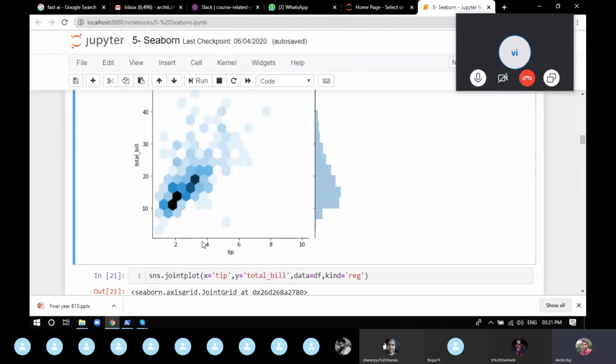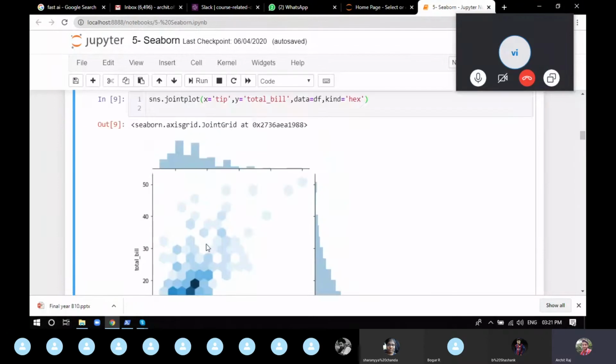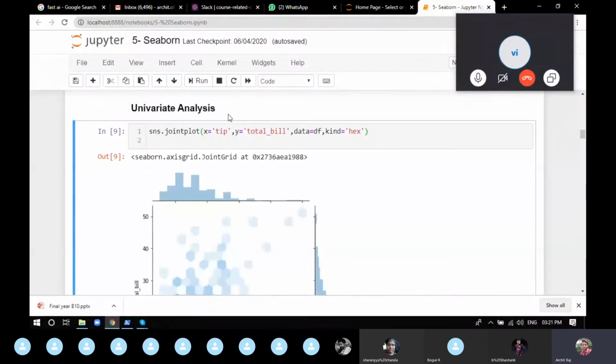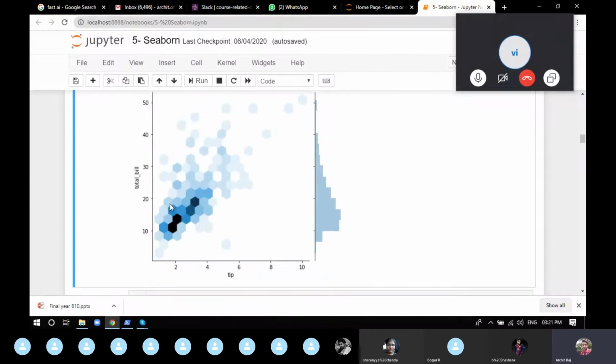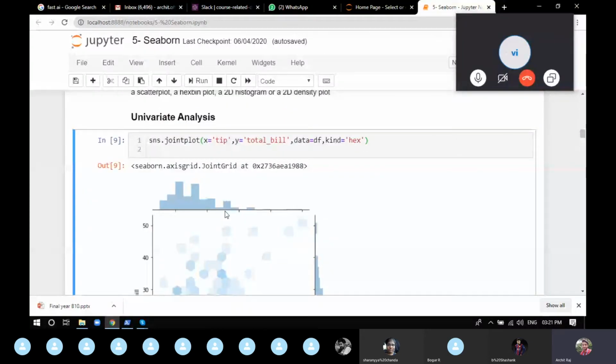Now joint plot also gives an additional advantage: it shows you the histogram of the data. You can see the histogram of the data is always present here. Tip has this particular axis, so the opposite of that will be a histogram of tip. Total bill has the y-axis, so the opposite of that, you will get a histogram of total bill. It's just an added advantage of joint plot, because if you want to know the histogram of tip or total bill, you do not have to plot it again. Joint plot just plots it for you.